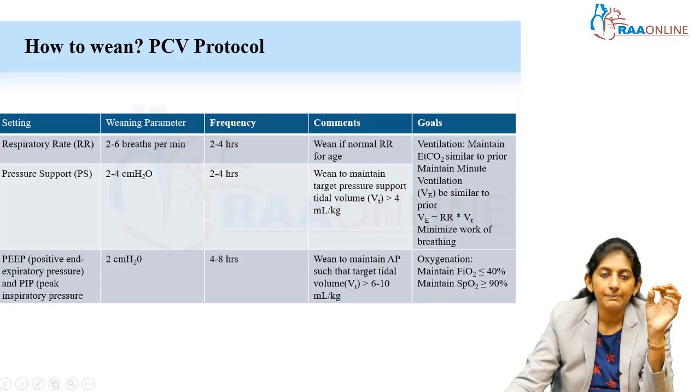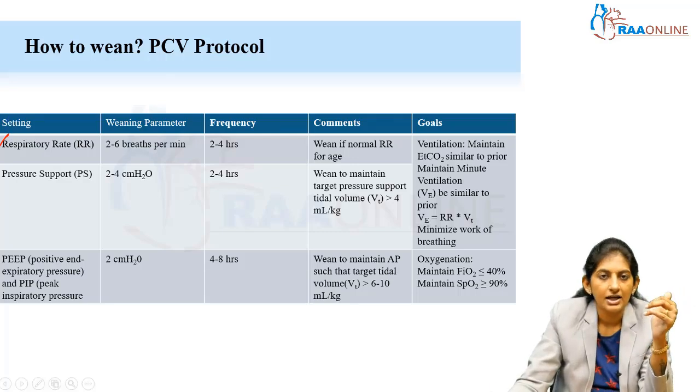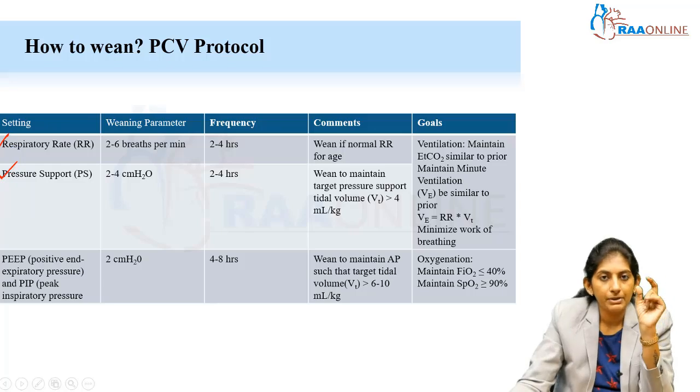So how do you wean in a pressure control ventilation? In pressure control ventilation also you set respiratory rates, isn't it? So you keep decreasing the respiratory rates and you decrease the pressure support. You fix a PIP and you fix a PEEP, so both these pressures have to be decreased. When you decrease the pressure, make sure the target tidal volume of at least 6 ml per kg is attained. Meanwhile, the FiO2 should be stable at less than 40%